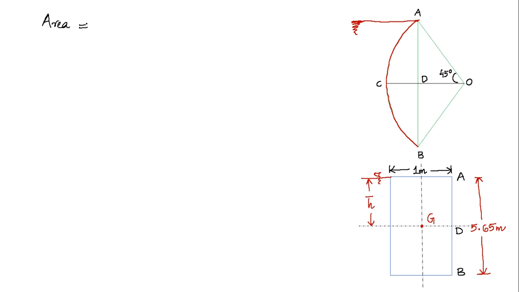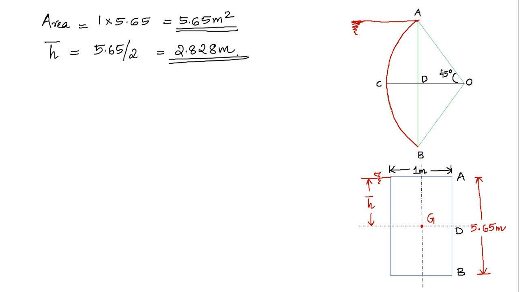Now we can calculate the area. Area will be equal to 1 into 5.65, which is equal to 5.65 meters square. H bar will be 2.828 meters. So Fx is equal to